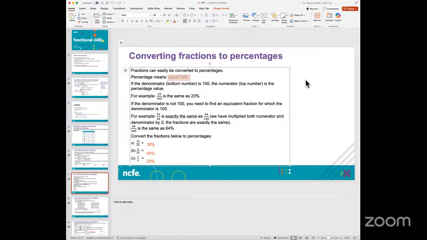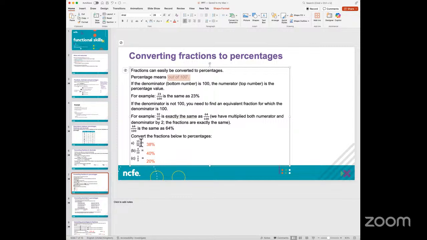But if you have a number expressed as a fraction like 23 by 100, as given in the example here, and you want to find out the percentage of 23 by 100, then what you do is you multiply 23 by 100 by 100. You cancel off the hundreds, and then the percentage becomes 23. So in such cases, when you have to convert fractions to percentages, what you have to keep in mind is that your denominator is not always going to be 100. Whenever you convert a fraction into a percentage, you have to multiply that fraction given to you by 100, and that would help you convert it into a percentage.